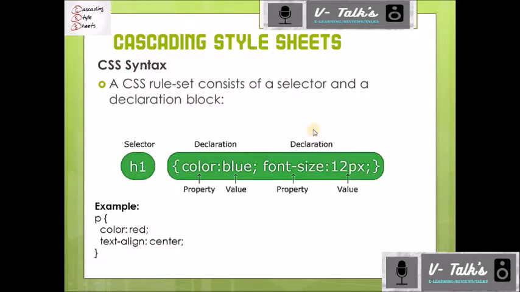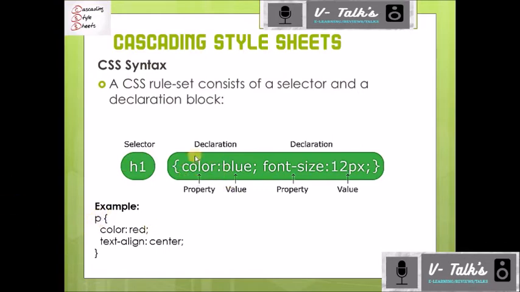Usually there is a syntax for writing the cascading style sheet. So the syntax is like this. A CSS rule set consists of a selector and a declaration block. Usually the tag name will come here. Selector is called a tag name. The example you can see is P. So this will be applied to the P tag. I am talking about a CSS file, not an HTML file. Selector means the tag whose style you need to define. So if you want to apply a style to all the paragraphs in your file, you can use a P tag here. So as an example, the P tag here, P.